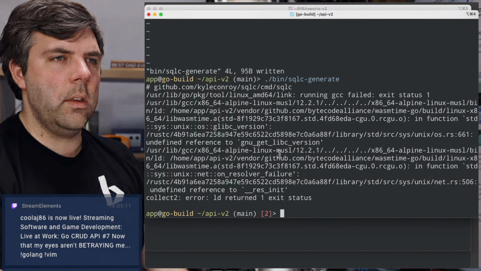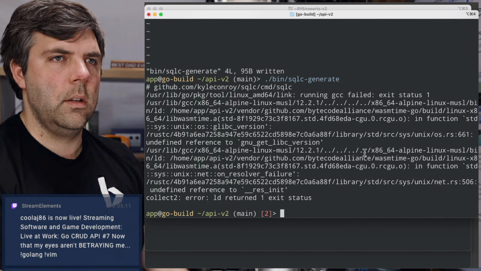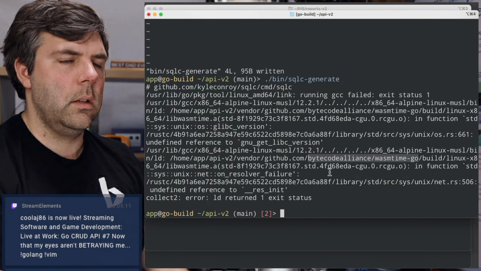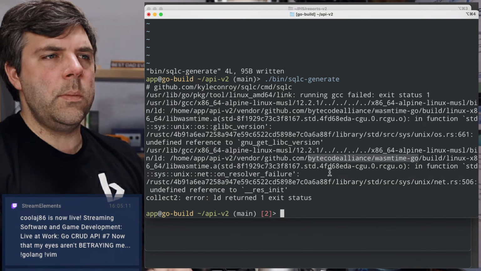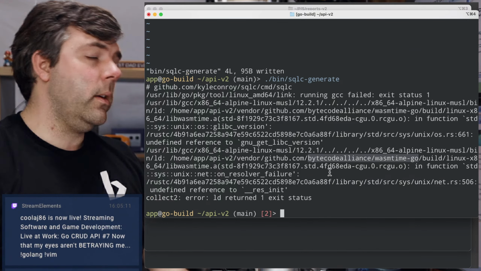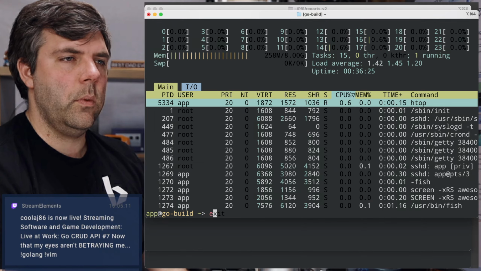This dependency isn't even used. This is just a garbage dependency. Maybe I can just delete it? I don't know why it's being built. Okay, so never mind. That's not going to work. We're going to get out of here.